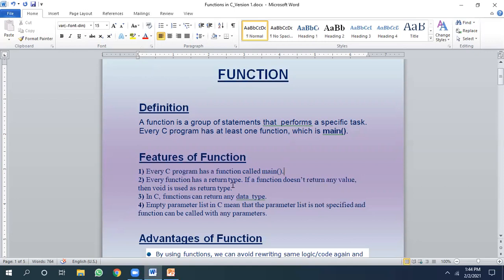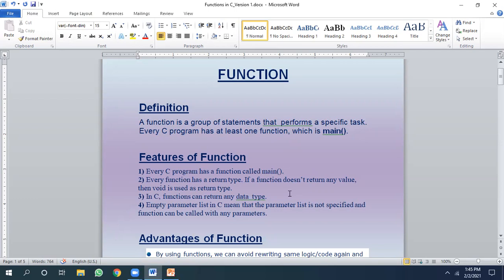Every function has a return type. In C, every function has a return type. If it doesn't return anything, we have to place void before the function name. However, return type is there. Later on, when we study C++, we'll find that there is a function which is known as constructor. It doesn't have a return type. But in case of C, every function should have a return type. If nothing else is written, at least void should be placed before the name of the function. If a function doesn't return any value, then void is used as a return type. Only constructor, which is used in OOPS-based programming languages, doesn't have a return type.